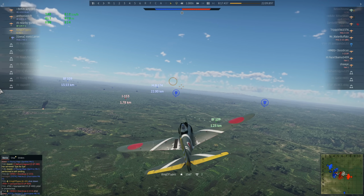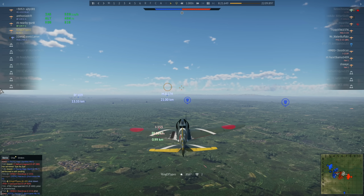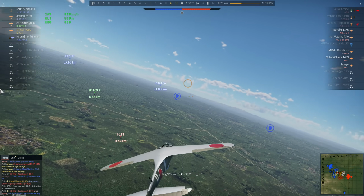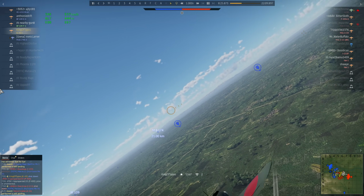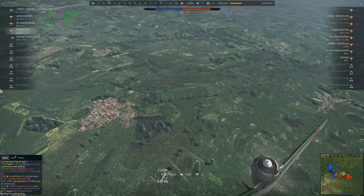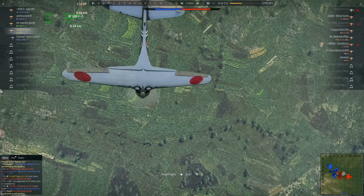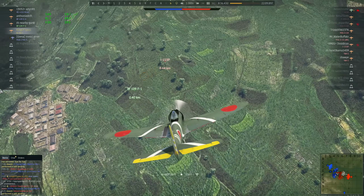Increase the number of guns. Increase the rate of fire of the guns, or just throw bigger bullets at it. And that's what they did. Oh, hang on a second, there's an I-153 down there. That little thing is bloody dangerous. It's a biplane, and, you know, disregard it at your peril, because it means it's exceptionally manoeuvrable at low speed. And it's armed to the